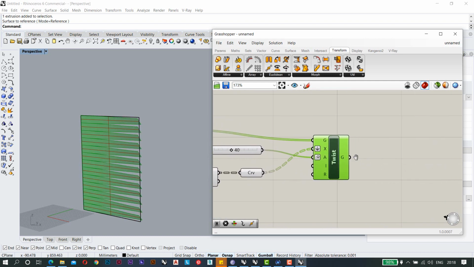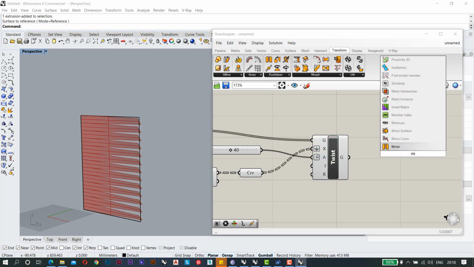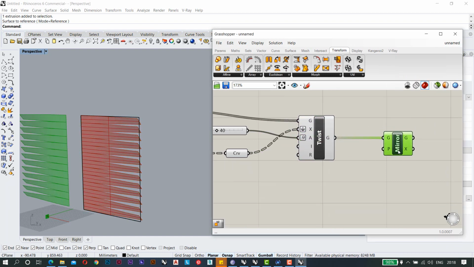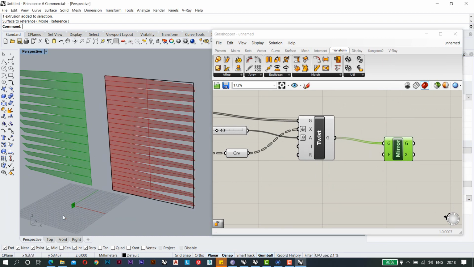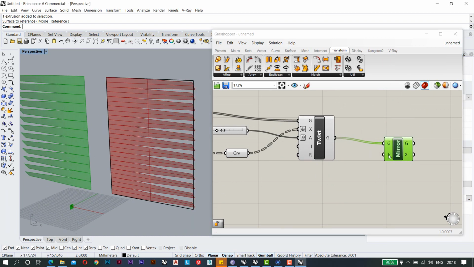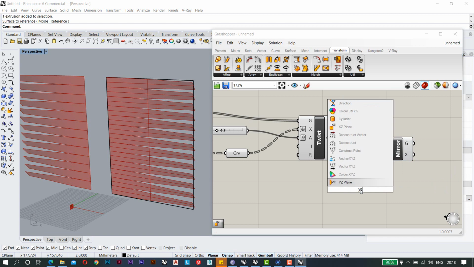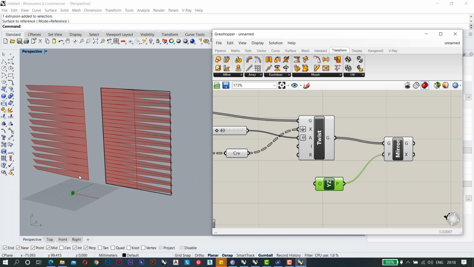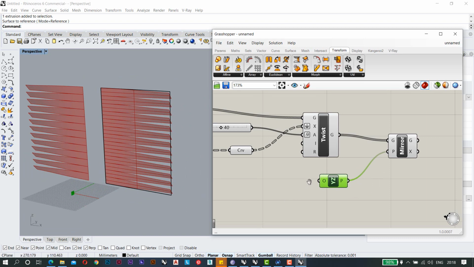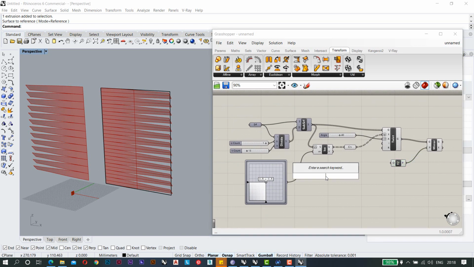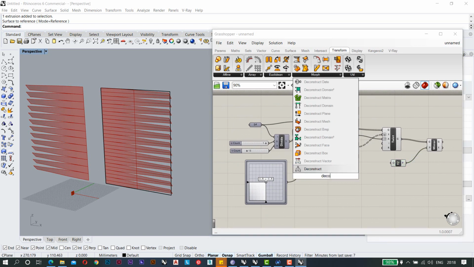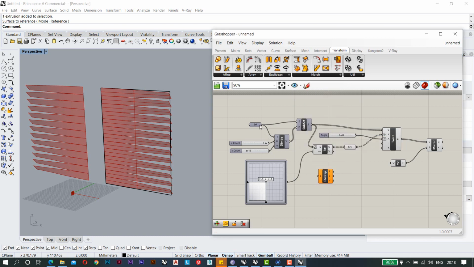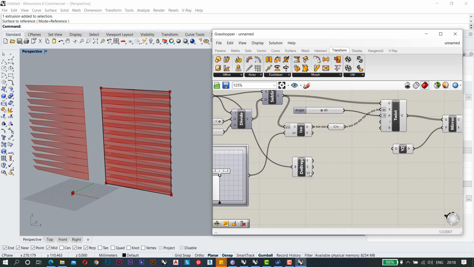So now what is going to be the next step is we need to mirror it. So I will use the mirror command. This is my geometry, but you can see it is going along this YZ plane. So this is my YZ plane. So I'm going to use the YZ plane here, but I want this YZ value to be here, not here. So for doing so, what I need to do is I will deconstruct my BREP, which is this surface, and I will get my vertices from here.